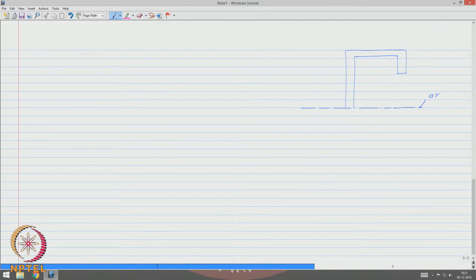This is the axis of symmetry, which is at a distance h by 2 from here. So, let us consider a strip